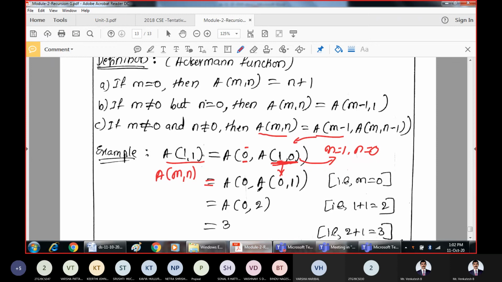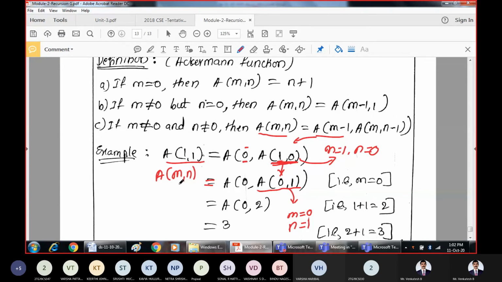Next, let us solve this part now. In this part, what is the value of m? M is 0 and n is 1. Which condition will satisfy now? M is 0, so the first condition A is satisfying. When the first condition is satisfying, how do you write A of m comma n?